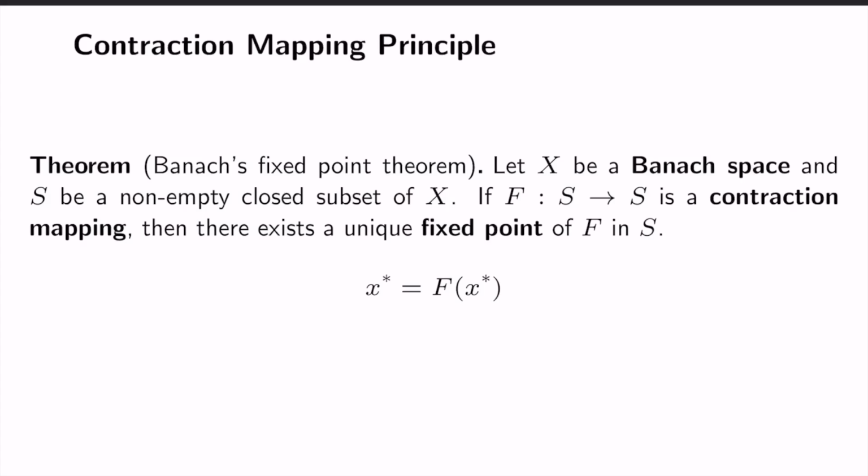In this video, we'll prove a theorem called the Contraction Mapping Principle, also known as Banach's fixed point theorem, which states the following. Let X be a Banach space and S be a non-empty closed subset of X. If this F that maps S to itself is a contraction mapping, then there exists a unique fixed point of F in S. A fixed point is a point in the Banach space that is mapped by this F to